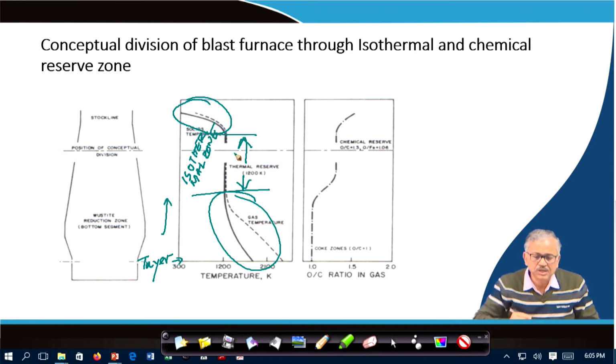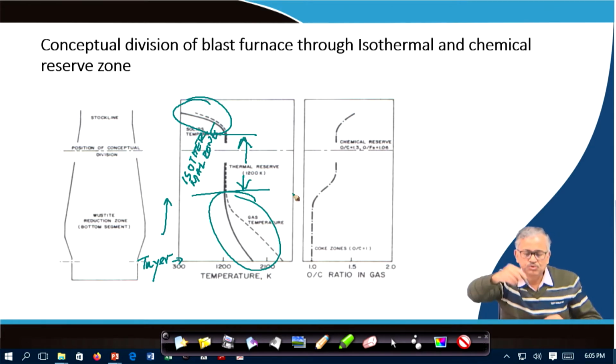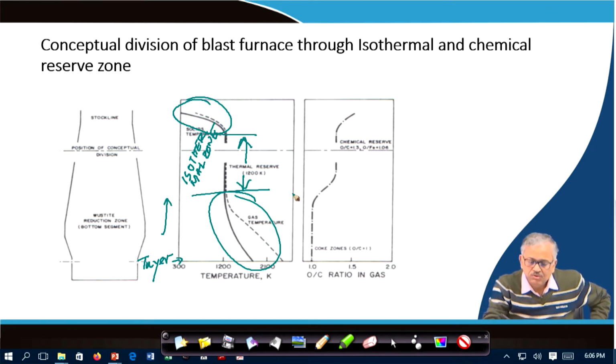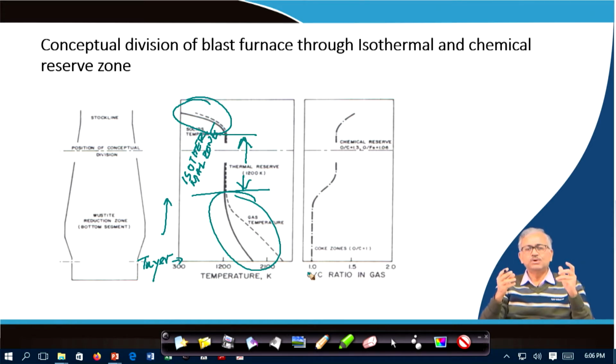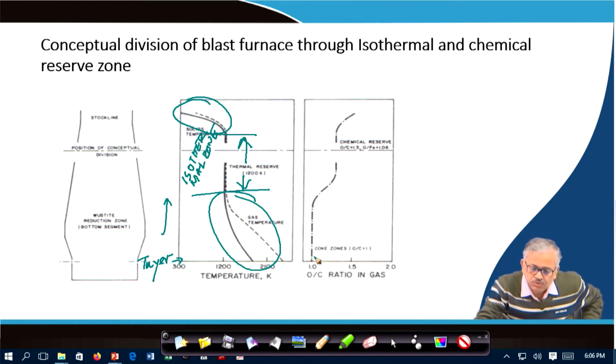If you look at the chemical composition of the gas, how does it vary longitudinally as you move up from the tuyere? You can find that the gas O by C ratio equal to 1 means the product gas is basically CO. When the gas is completely CO, 100% CO, then O by C ratio is equal to 1. So, you can see it is almost 1 up to this portion, that is only CO,